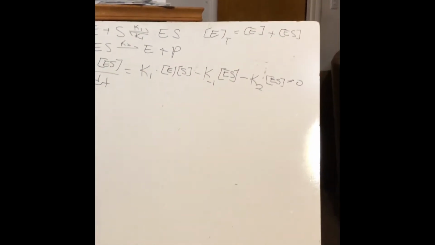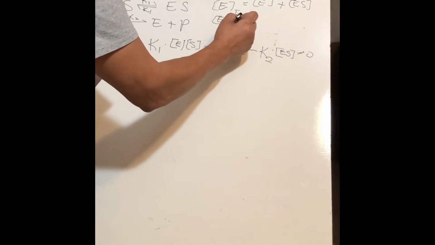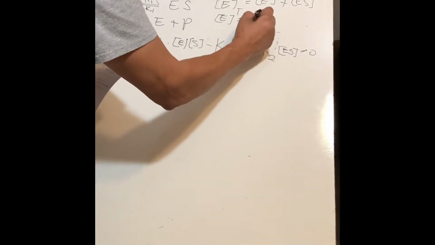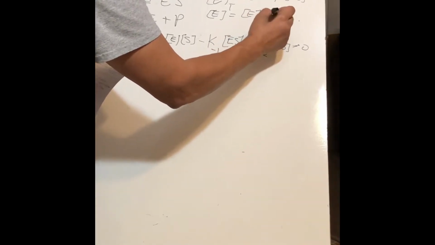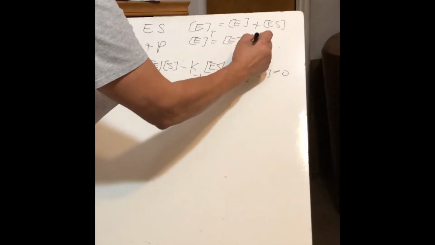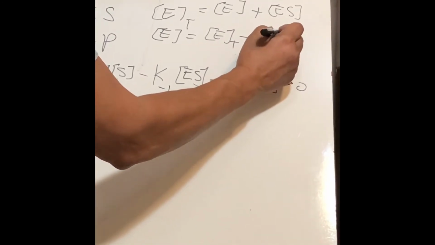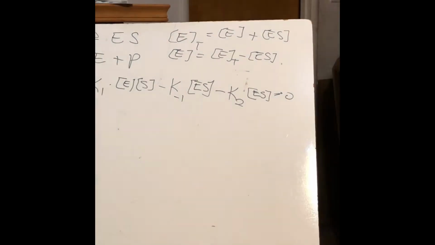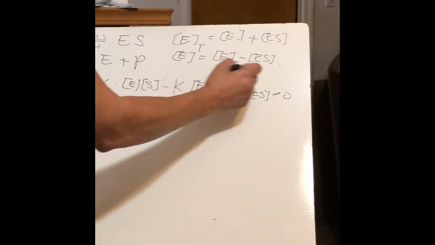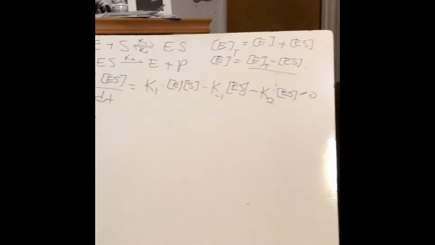And we can solve for E, the enzyme concentration, which will be the concentration of the total enzyme minus the concentration of the enzyme substrate complex. And if we put this definition into our first equation, we will get